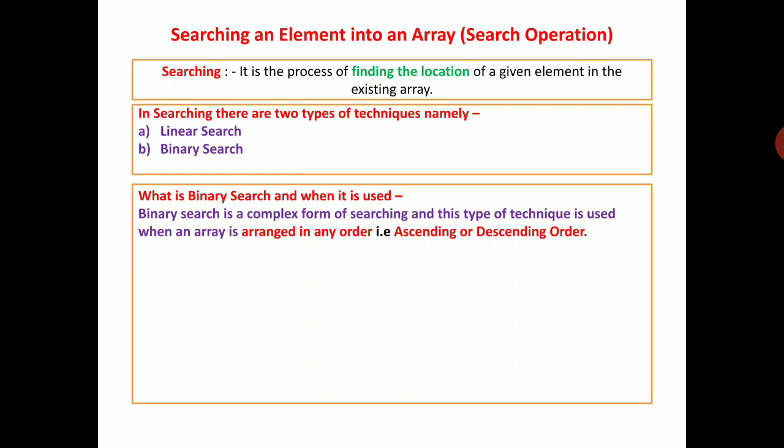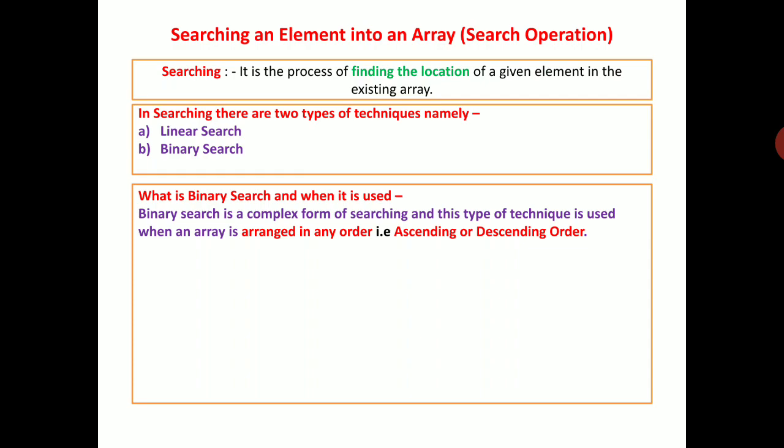In the sixth part, we discussed linear search, and in the seventh part, today we are going to discuss binary search. This is a very important technique because it is a complex technique. As we have seen, linear search is very easy, but it is time consuming. It will take a lot of time to search an element in larger arrays. Whereas on larger arrays we can search an element in a very short period and very efficiently by using the binary search technique.